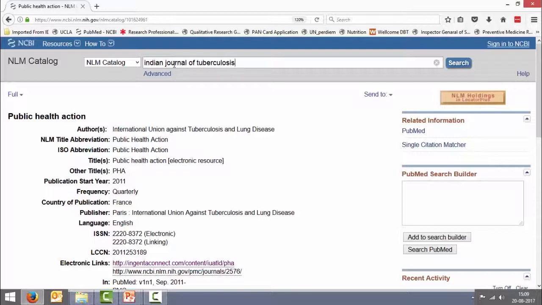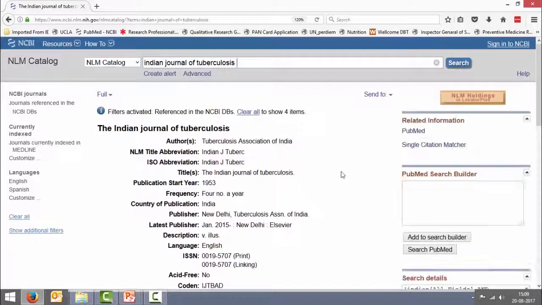When I'm here, it's not giving me a drop down. And if I search, okay, I still got it. Sometimes if the article or some point is not there, it says no items found. In such a case, we could even do a search like this, which is just Indian TI. This is title of the journal, and